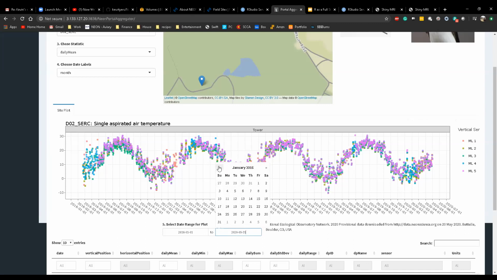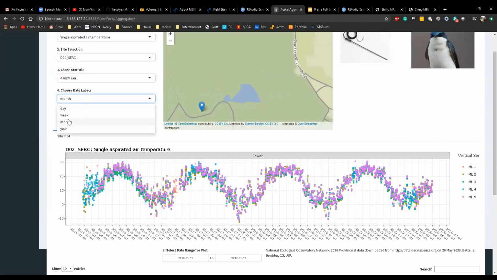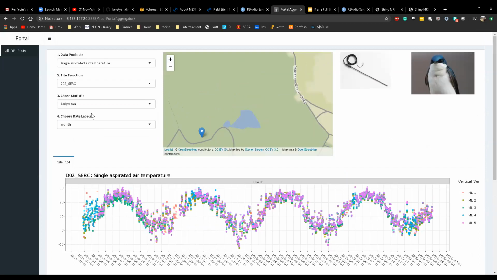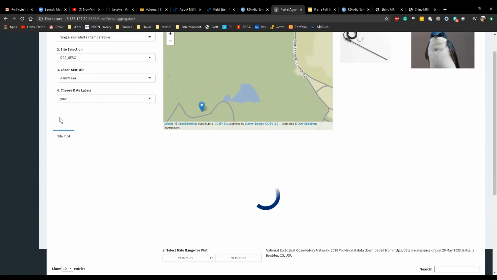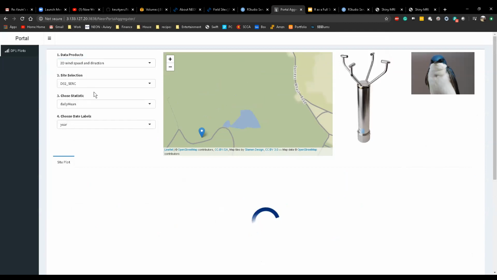we would want to see, okay, interesting, that's not working. Well, your date labels, there was a year option in your date label there. Is it year? There we go. Yeah, so if we want to look at the 2D wind speed, we'll have,